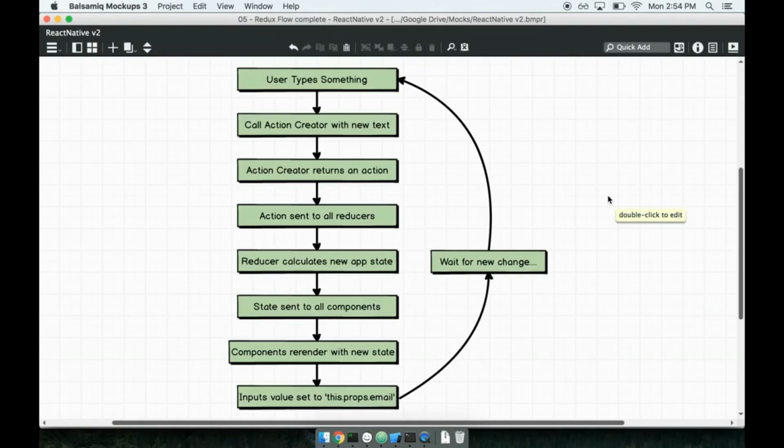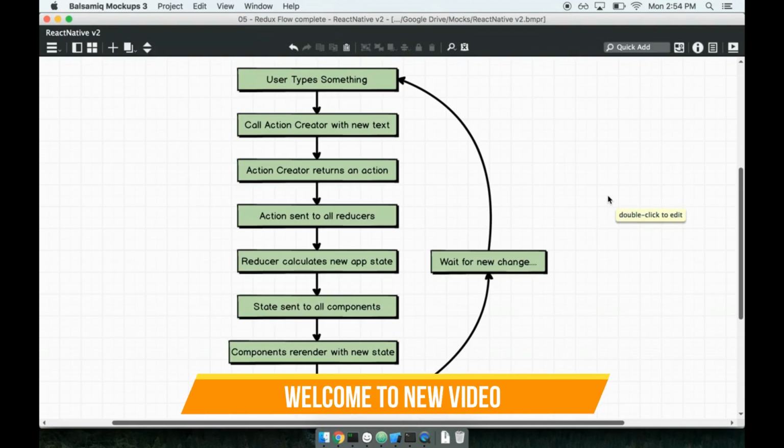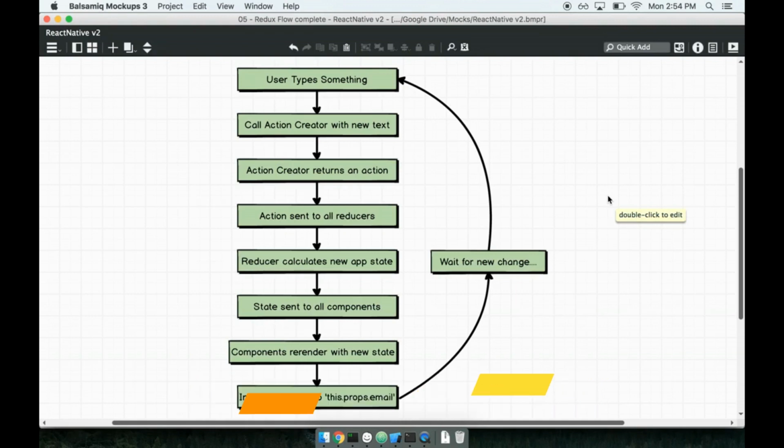In the last section, we finished wiring up our reducer to work with the email field. I want to do just one very quick review on what's going on, and then we're going to speed through the password implementation as well. Okay. So this is our flow that we're going through every single time a user types something inside of an